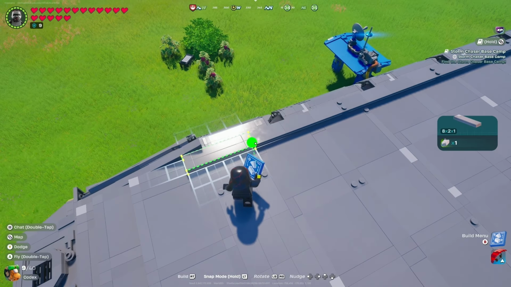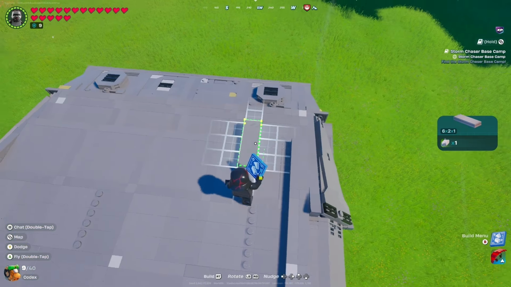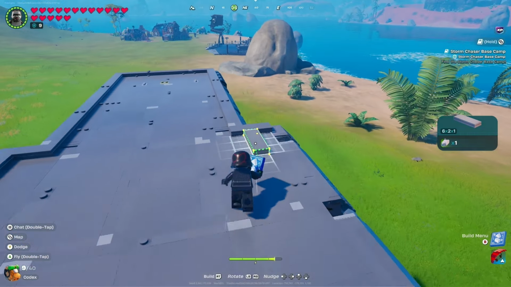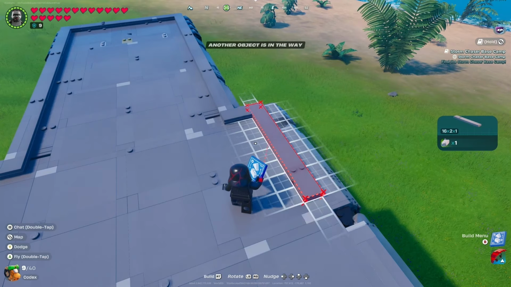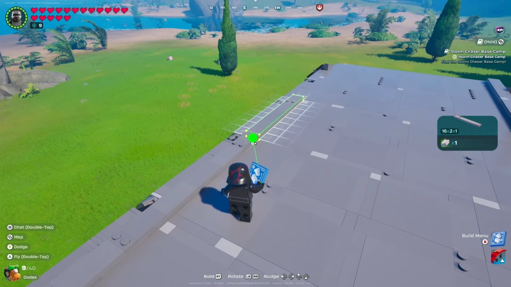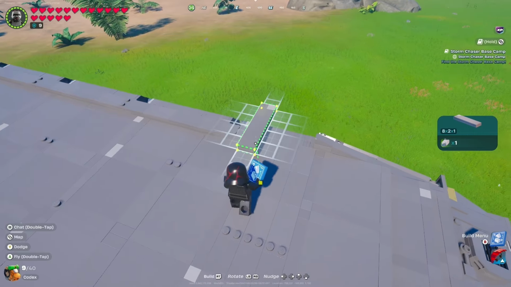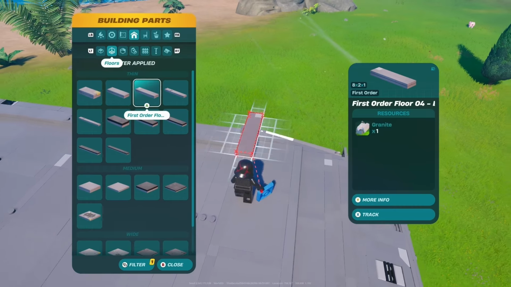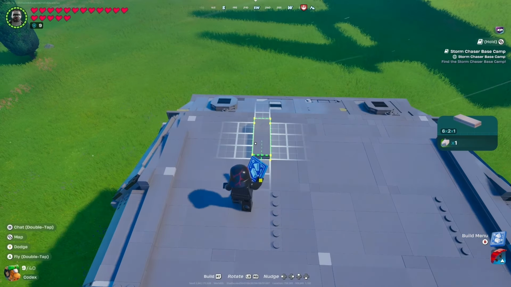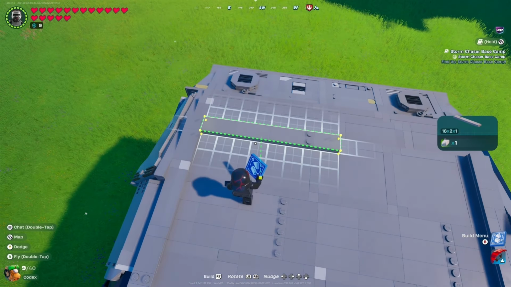We're going to use an 8x2x1 and a 6x2x1. Let's do the same thing over here on the other side. So 16s. We're going to get 1, 2, 3, 4 16s in. Then back to the 8x2x1 and 6x2x1. And then we're just going to close up this gap here, starting with a 16x2x1 all the way to the